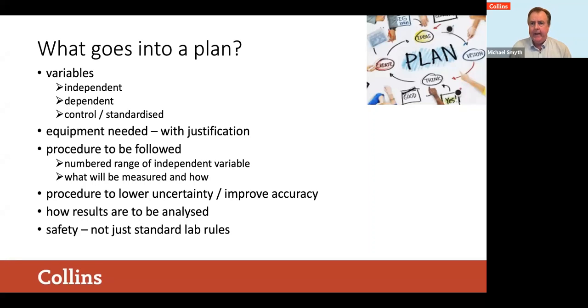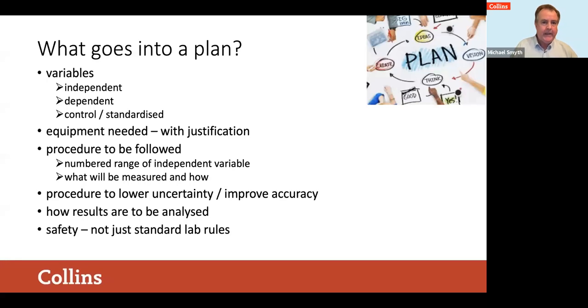And safety. Standard laboratory rules are assumed. So we assume they're going to be tying their hair back, and that they're going to be putting bags under benches so they're not a tripping hazard, but we want something specific to the experiment. So for example, if they're allowing masses to fall on a string or something like that, then you put a sandbox underneath or a cushion to avoid damage to the floor, to avoid people putting their feet under there. If we've got a mass oscillating on a spring, we make sure that the clamp stand is in turn also clamped to the bench, things like that.